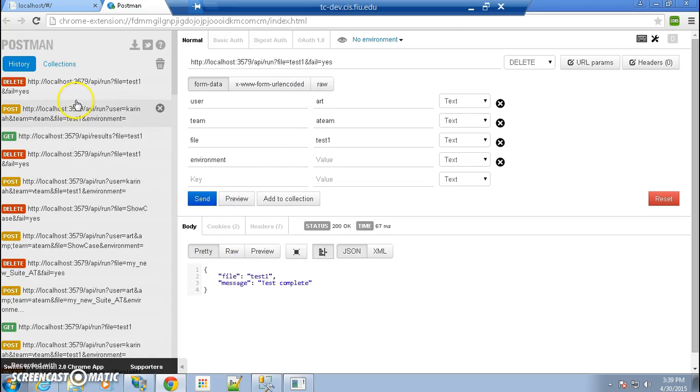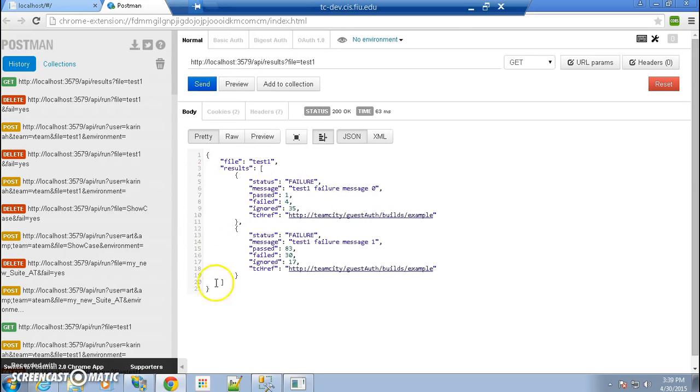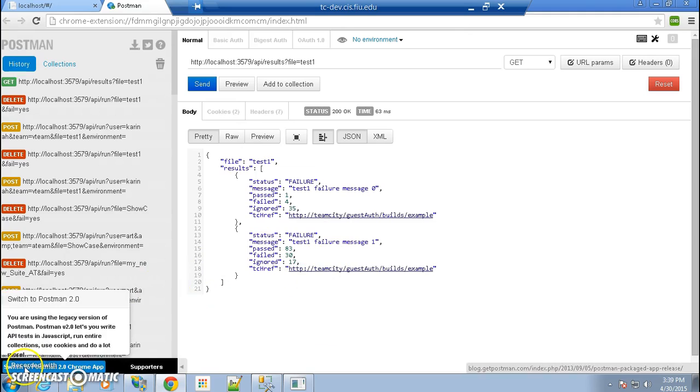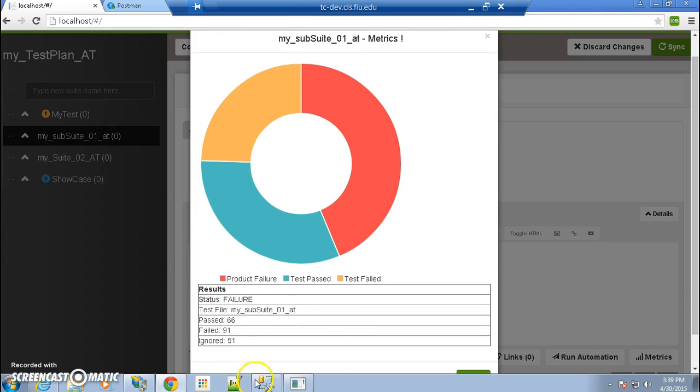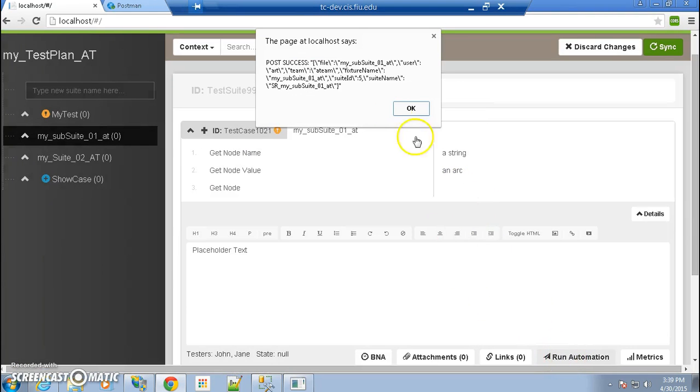There you go, test complete, and when you actually get your results for test1, go to test results, and you should be able to see this information on the actual application. You should be able to get something like this. This is our results when you run automation here, okay? For one of your test